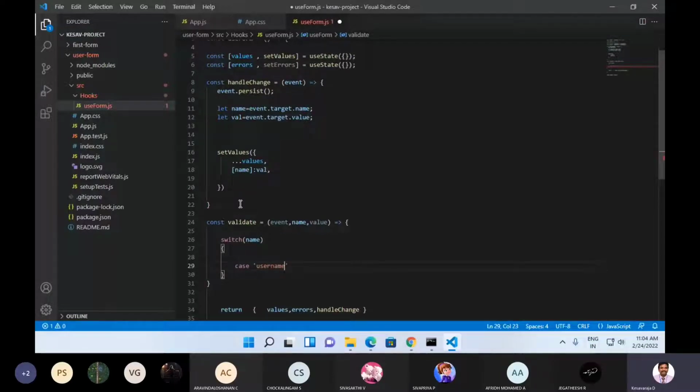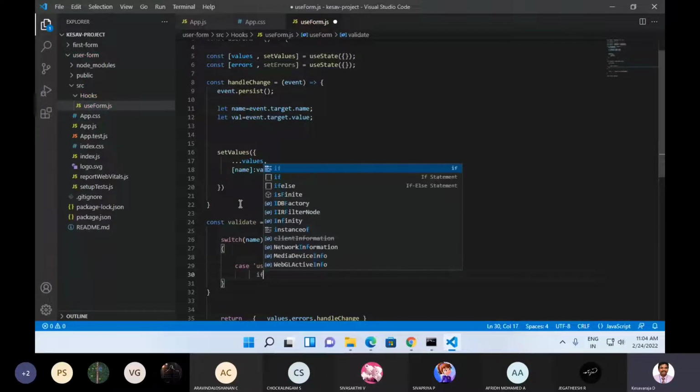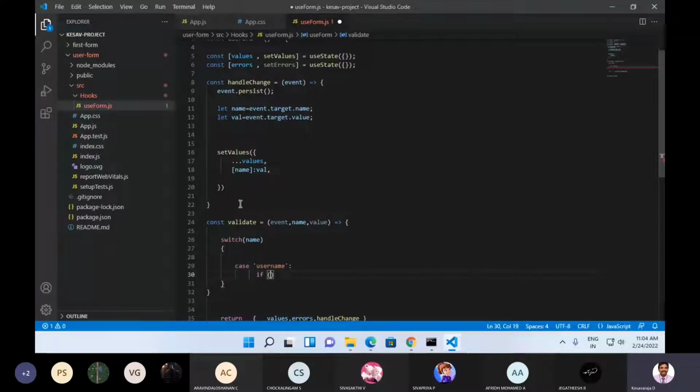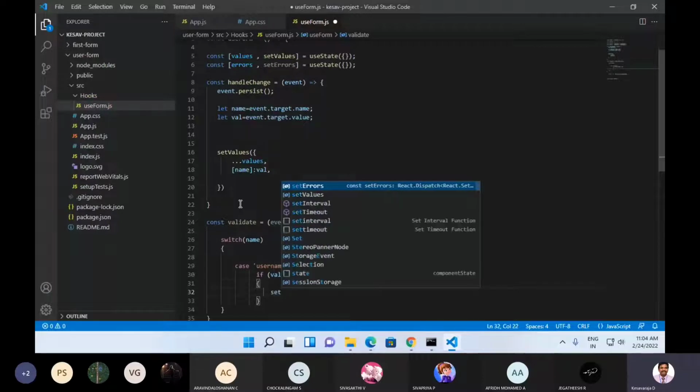If it's username, then my condition is: if value.length is less than or equal to 8. If the username length is less than or equal to 8, then you can set the error. So setErrors of